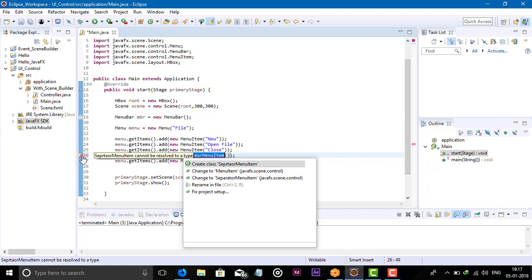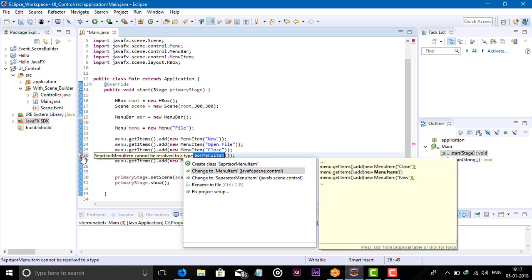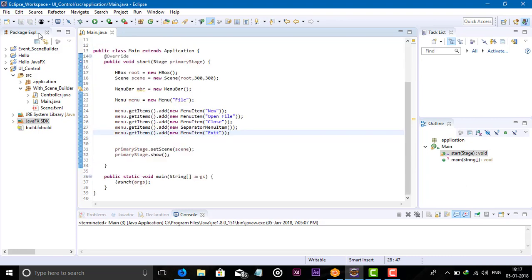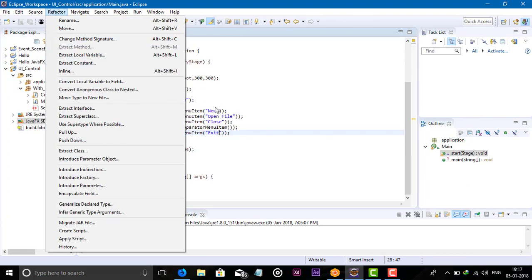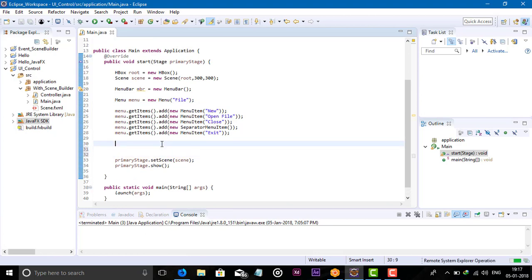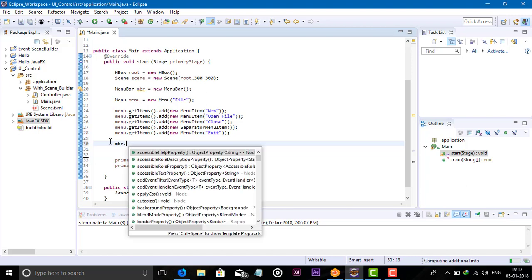Import the packages. Okay, small mistakes. And give the last one, Exit menu item.